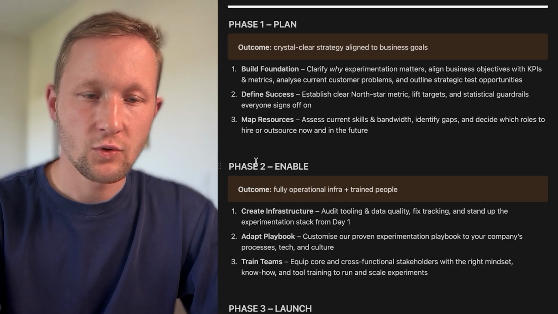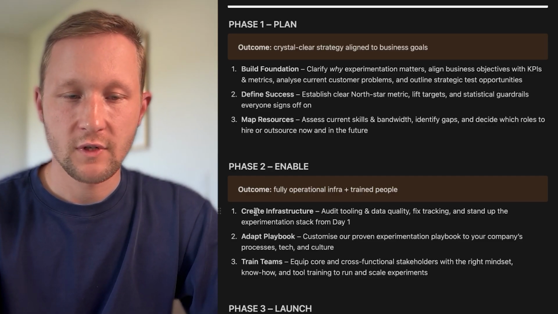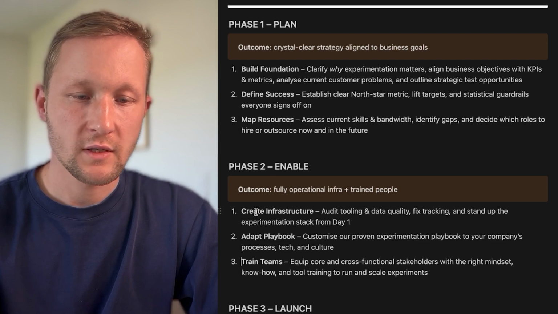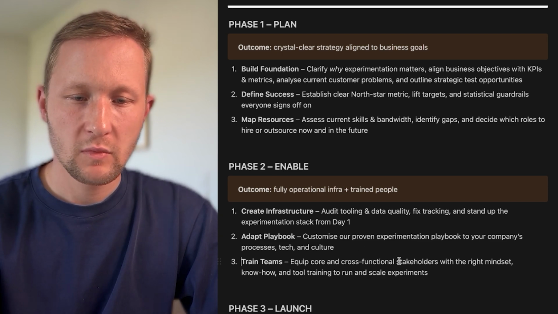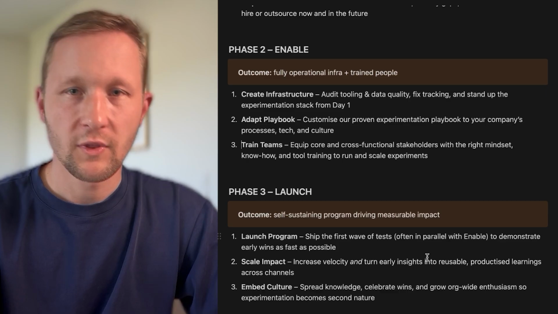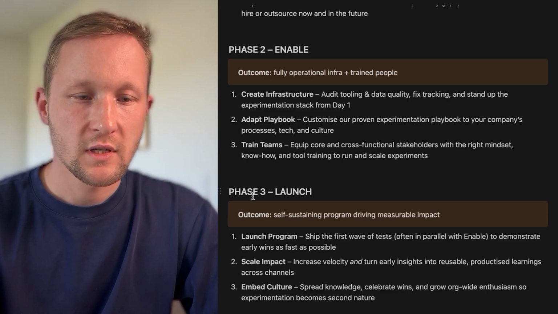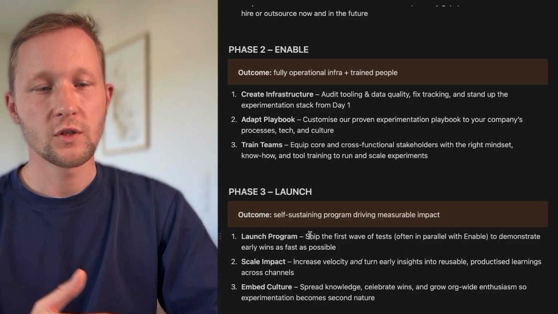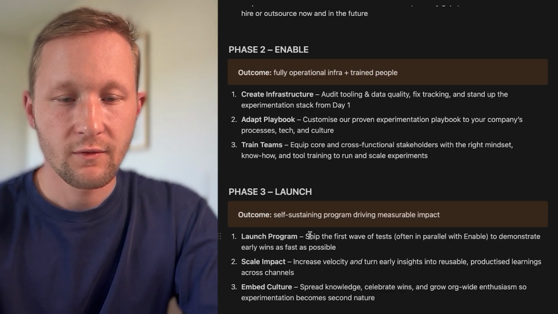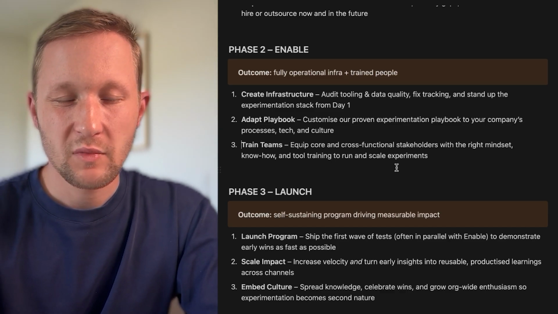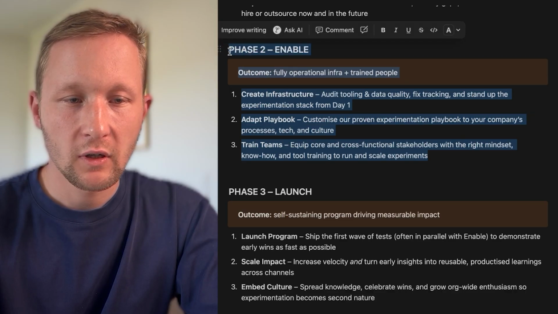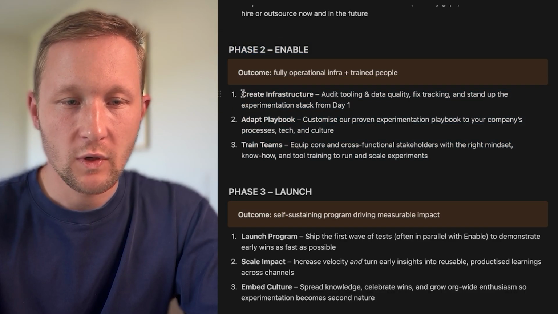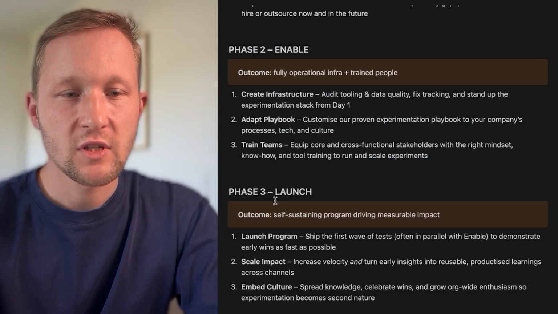Then phase 2, enablement, right? We're creating infrastructure. We have the playbook, the processes, the systems. Our teams now know what to do, but they're still not doing anything, right? So this is about launching. So what we want to do in step number 1 is shipping the first wave of tests. And often sometimes this is happening in parallel to phase 2, especially once infrastructure is set up, to demonstrate wins early,